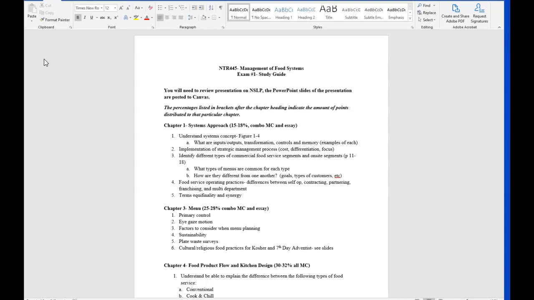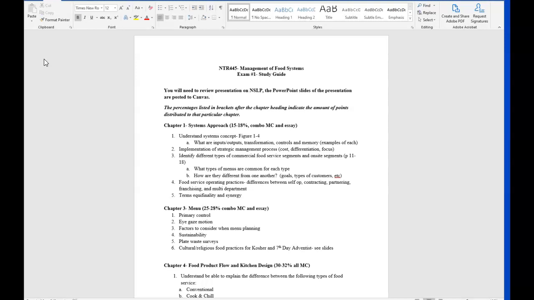In Chapter 3, you have 25 to 28% of the questions coming from this chapter in a combination of multiple choice and an essay question. So be able to understand and identify what primary control means in this chapter. And understand eye gaze motion. You don't need to know the exact pattern that's shown in the textbook, but you need to be able to understand that there is a specific